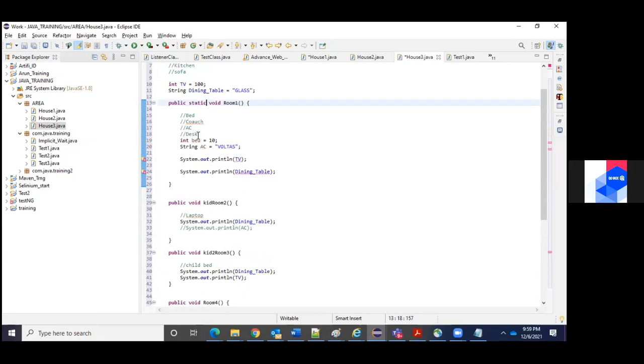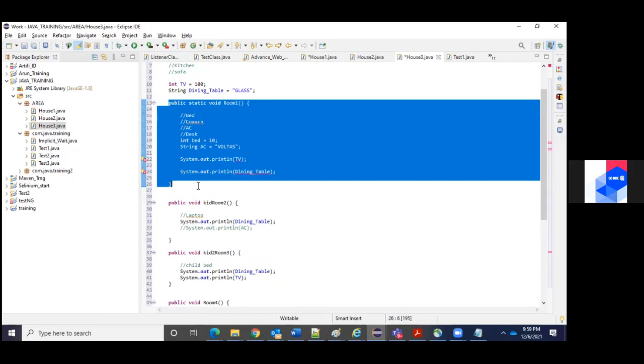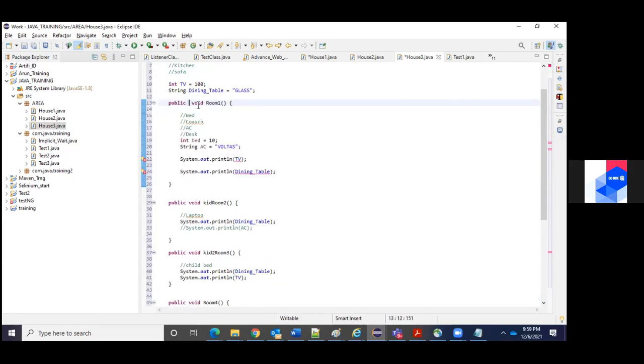If you say this one is static, it's a static method. If you did not provide anything, it's a non-static method. Like, if this is there, this is a room of hardwood. If this is not there, then this is a room of normal concrete. Just think like that.